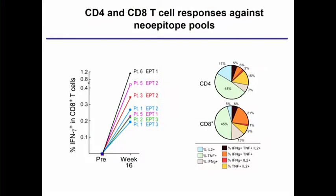rising with vaccination, that we can detect in the peripheral blood with just a short exposure over 24 hours against the peptides across multiple pools. And what I want to show here is that compared to week 16, we clearly see new responses against CD8 predicted epitopes arising across different patients. These T cell responses are polyfunctional, suggesting that they're really